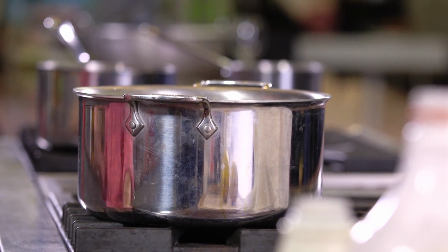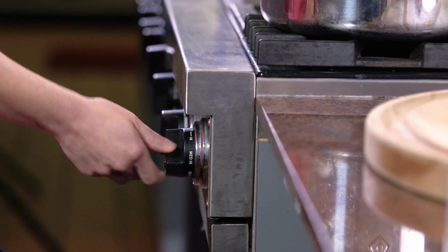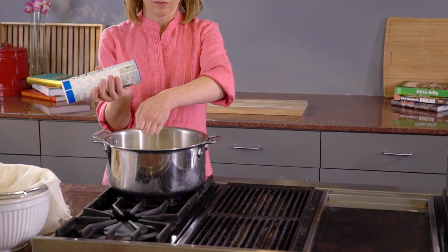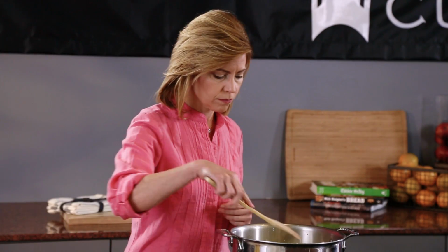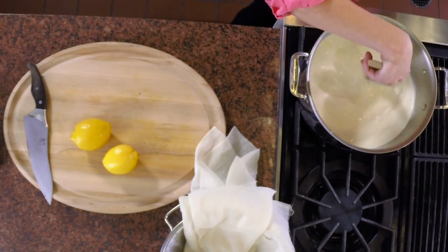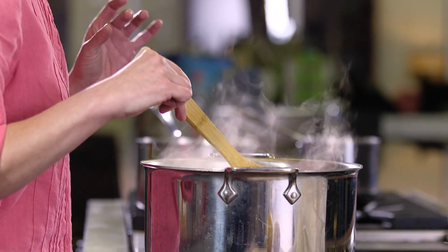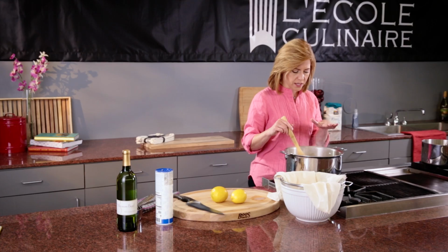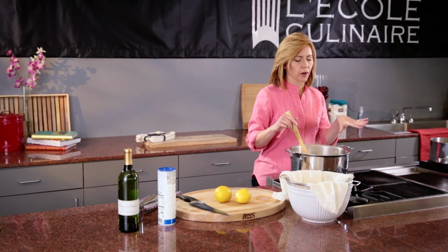So I'm gonna go ahead and slowly heat this up, just on kind of medium-high. You also want to add in about a teaspoon of salt. So the cream is just starting to come to a boil. It's got a nice foamy surface on the top, and I want to stir it at this point so it doesn't scorch. I'm going to let it boil for a couple of minutes, and then I'm going to add in